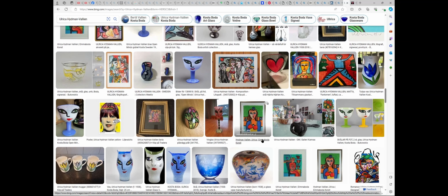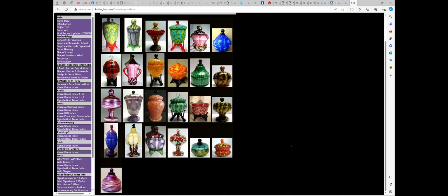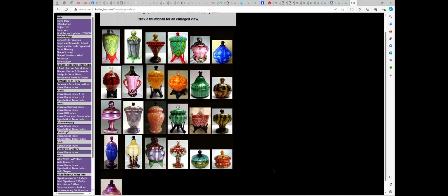And then the next thing I was looking at was the Franz Wahl's little bowl with legs coming off it. So this is acrylicglass.com. I don't use this site much, but it is a very good site if you're looking at loads of acrylic and some of these Art Nouveau, Art Deco type glasses from Czech Republic, because he has like